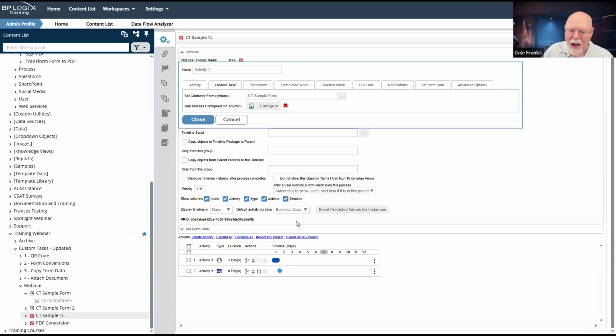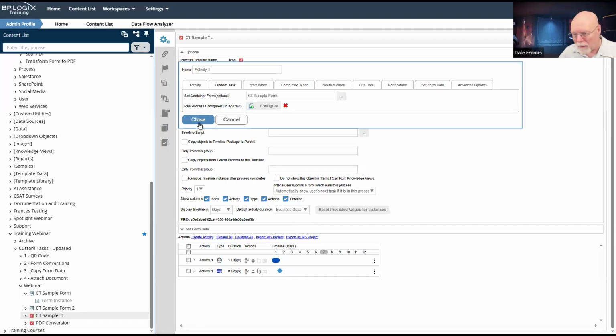The only thing that's going to happen is it's going to kick off the PDF conversion timeline as an asynchronous sub-process. As soon as it's done, it's going to upload all of my PDF conversion items back up into the main process. Actually, that will really be the only thing that gets moved back up into the main process, because all of the other objects will be exactly the same. So basically, it'll take my PDF file, stick it back up onto the parent process, and then it will delete itself and it will be gone. But I have the converted PDF in my parent process just the way I want it to happen.